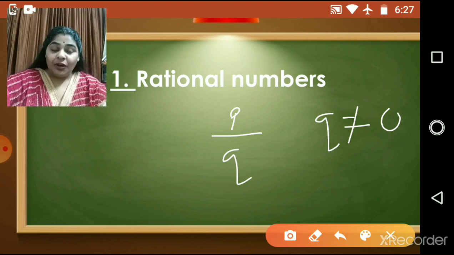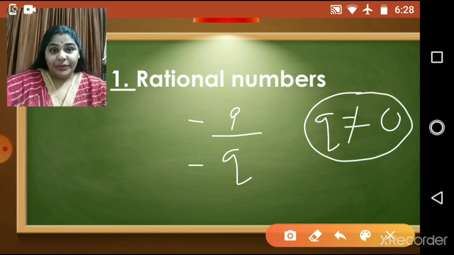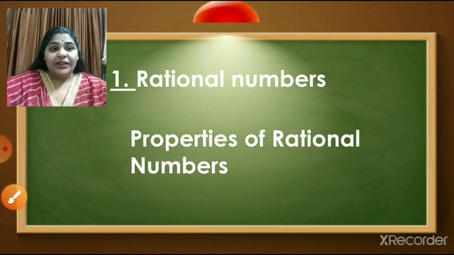And in standard form, we never write a negative in the denominator, right? This we can write as minus p upon q, right? So these are the few things which you have already studied, children. But this is very important, that the denominator cannot be 0, right? We have also seen that a upon 0 is not defined, right? Any number divided by 0 is not defined. So let us move further.